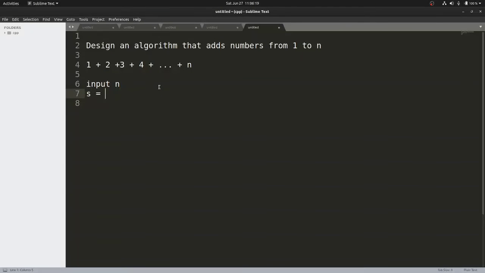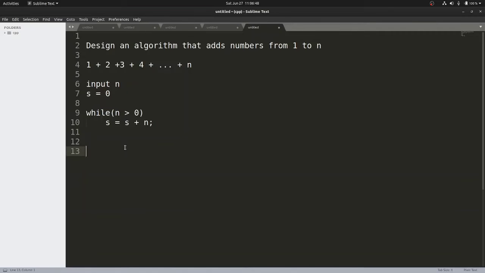Finally we will take another container, let's say s equals 0. Then we will start a loop while n is greater than 0, and so while the condition is true, we will keep on repeating our steps, right? These are actually called repetition. Now what we will do, we will take the number and we will add it to the sum. So we will take an example. Let me write the algorithm first of all. So let me explain you here.